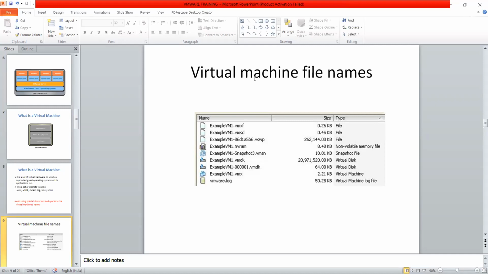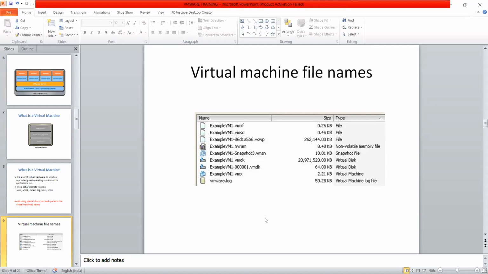you have multiple data stores. For example, you have a dev data store, a QA data store, and a production data store. You get a request that a dev virtual machine needs to be created, so you select the dev data store, and the VM will be created on the dev data store. If you go to the data store, you can see the virtual machine folder, because most of you are already working on VMware. You must have seen folders in the data store named with the virtual machine names, and that folder consists of